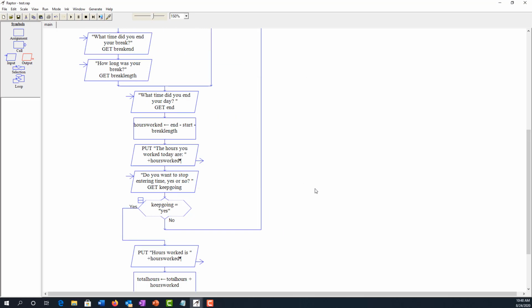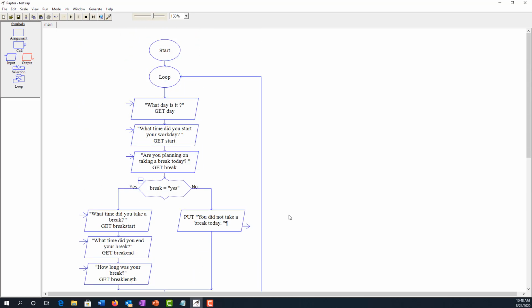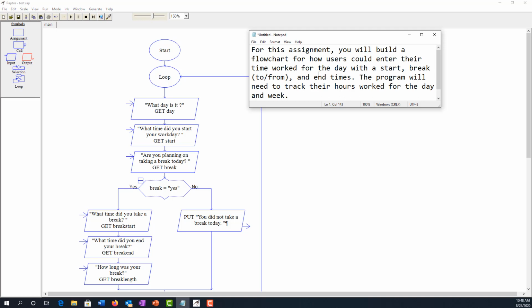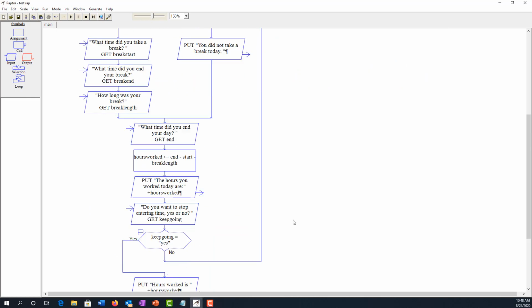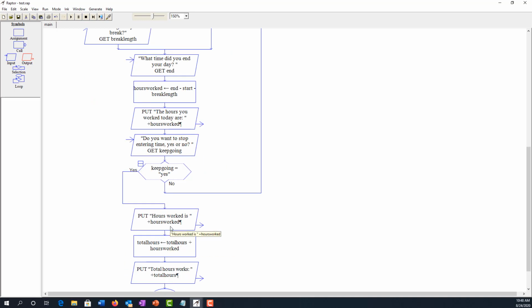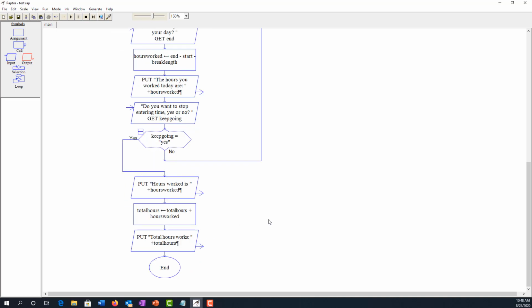okay. So now what we can do is we can go back, we can double check, enter their time for the day. They did that with the start. Okay, break times, taking a break, yes. Time that they took the break, how long the break. Track their hours worked for the day and the week. So we have the hours worked, and then total hours will be what we use to put each day that the hours are worked, we're going to add into the total hours so that by the time we get to the end of the week, we can get a